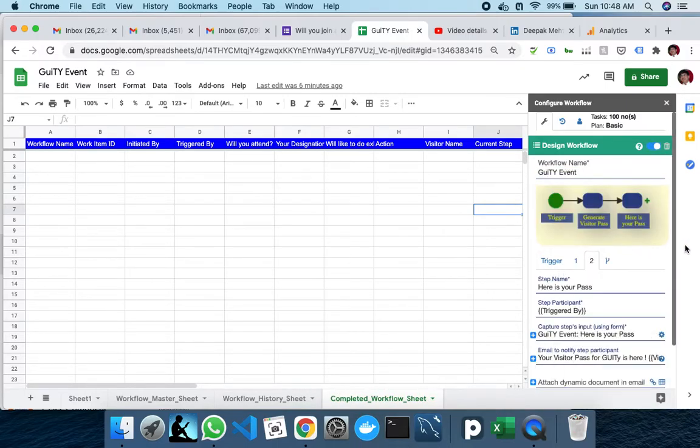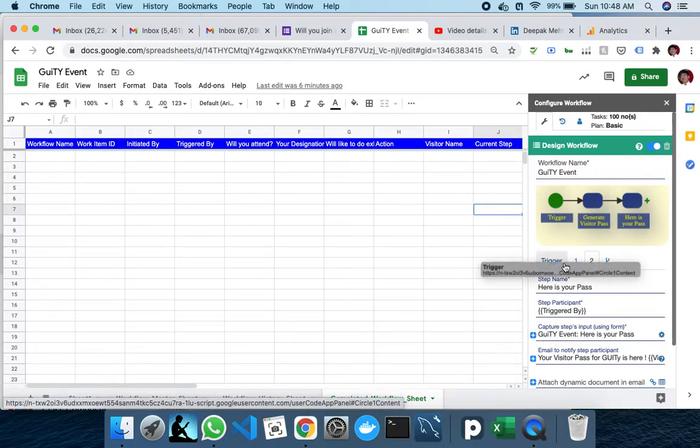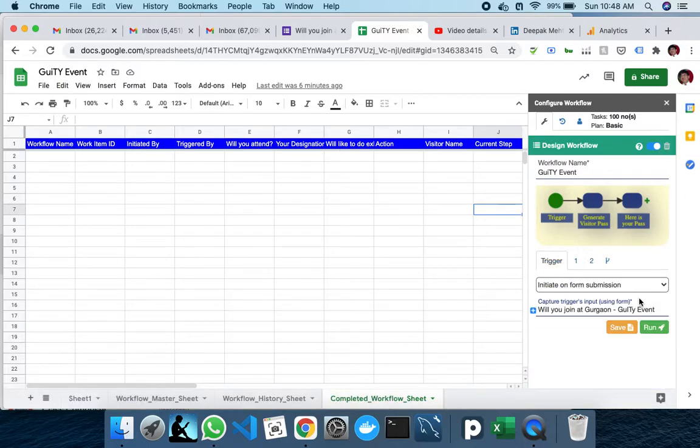So in this workflow we have three steps. The first one is always a trigger, as you know. In the trigger, if you really see, it is configured for a form submission. So what happens is whenever this form which we have created is submitted, this workflow moves on to the next step.